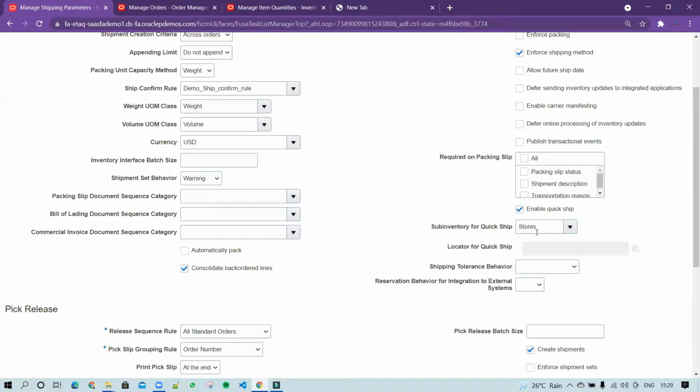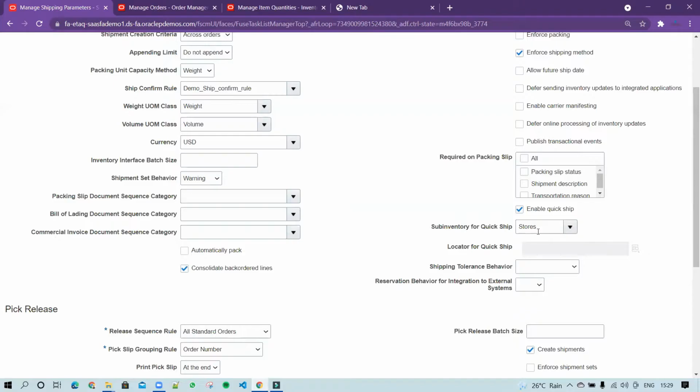Now, if you define the default sub-inventory codes, the system still allows you to change your sub-inventories for the quick shipping in the shipment UI.